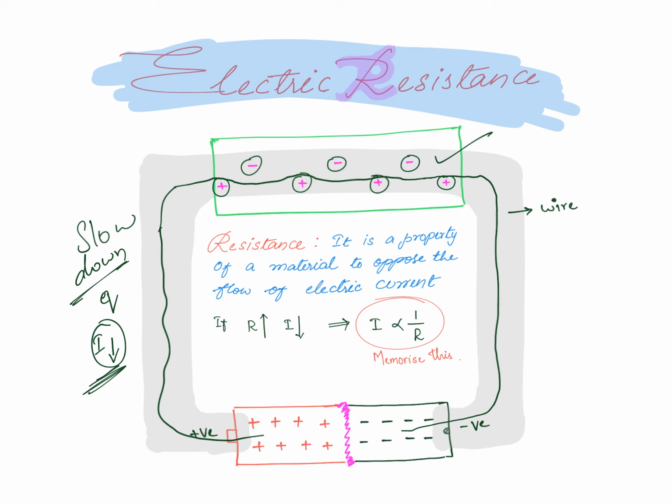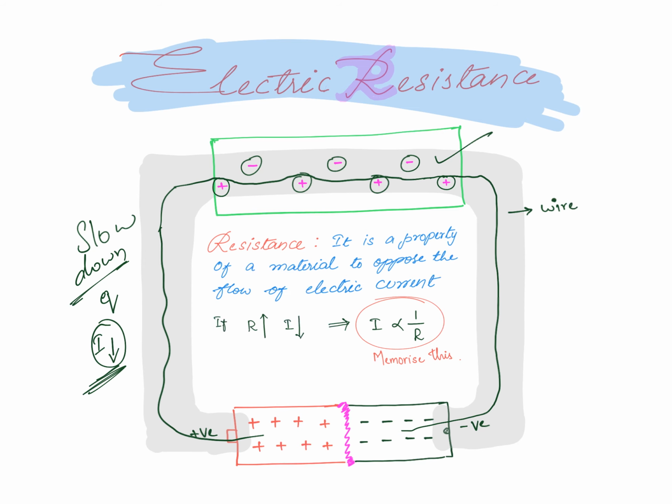So we can say this same thing in mathematical terms as follows: I is inversely proportional to R. Inverse here, 1 by R. It is not directly proportional. I proportional to R would mean if the R increases, I increases. If R decreases, I also decreases. But that is not the case over here. It is inverse. See, I am writing the R downside. It means if the R increases, the I decreases. If the R decreases, then I increases. It is opposite. I and R are opposite.